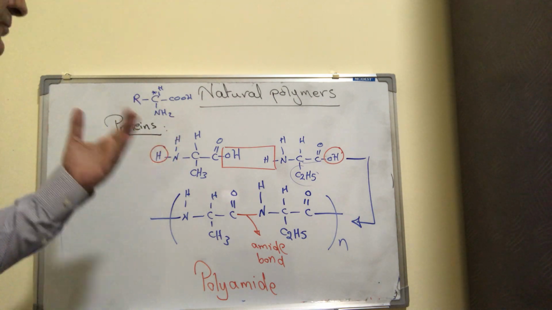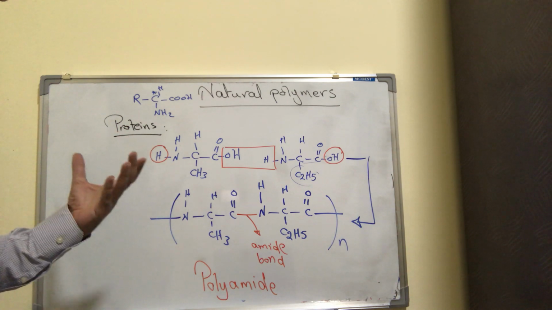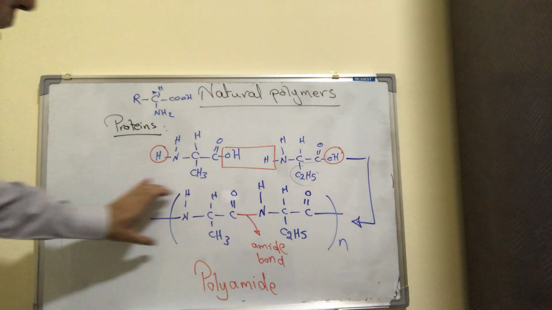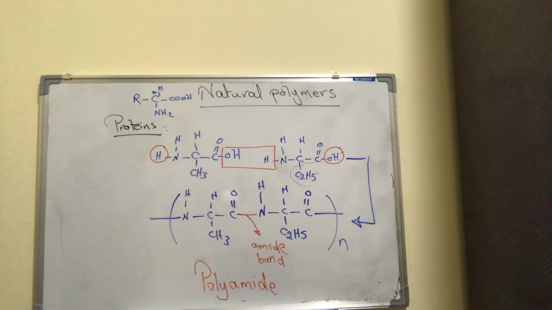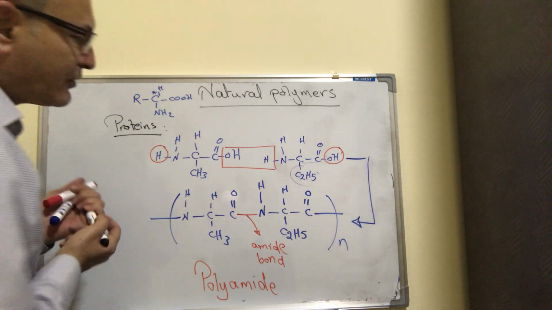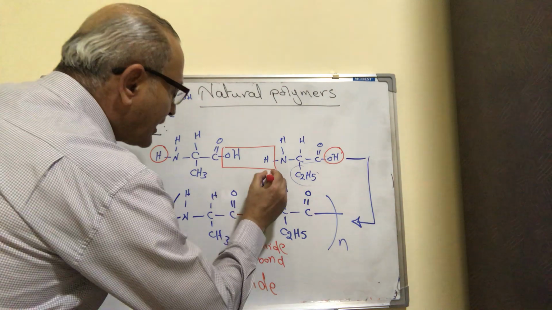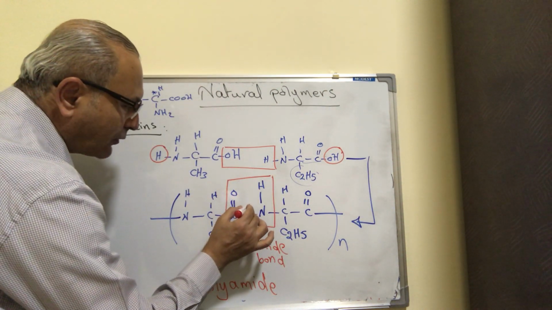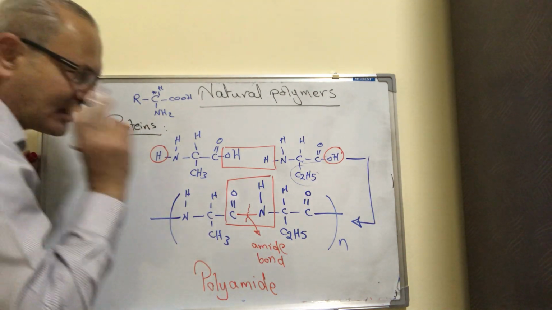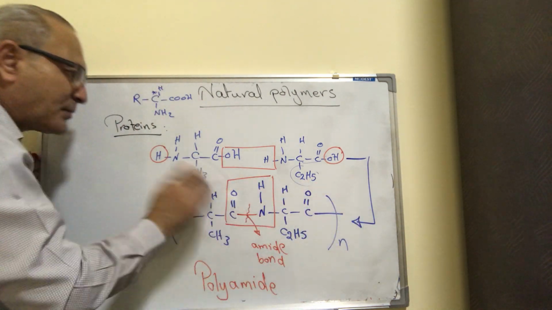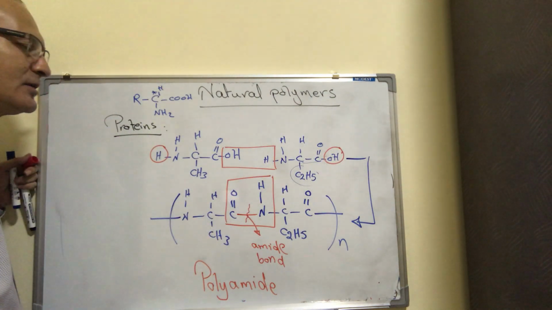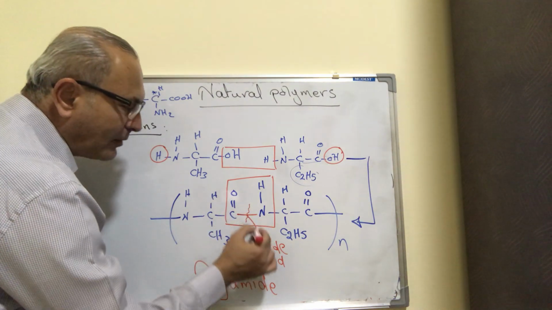I'm sure that if you want to get the monomers, suppose that you are given this part as a question, and you are supposed to give the main monomers that make it, you only need to do one thing, which is to look at the location of the amide bond. Just break this down. I'm just giving you the idea. If you are given this part without the monomers, and you are being asked to give out the monomers that make it, you just go to the amide bond between the